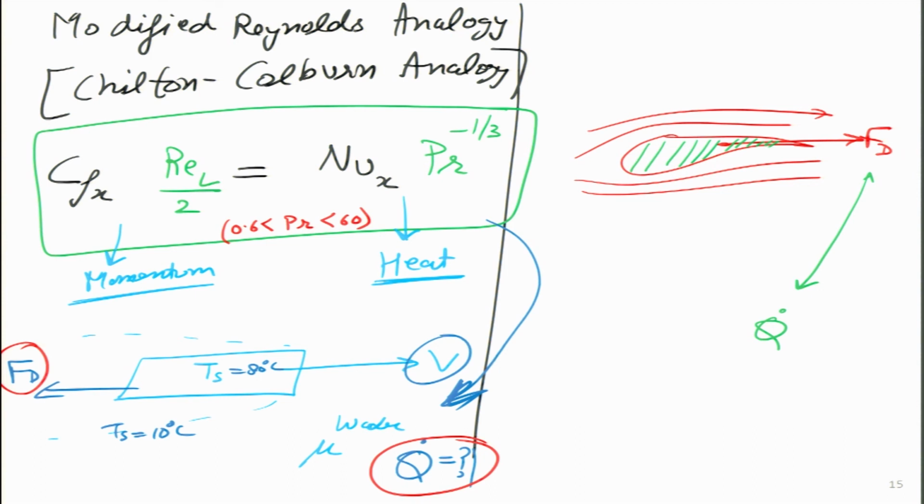and please keep in mind that these things are true under certain assumptions. The assumption that we have mentioned over here, I have clearly shown that the fluid property in this particular case, because Prandtl number is the fluid property, should not deviate very much. What we are targeting is that according to the assumptions, the fluid property is such that the Prandtl number has to be greater than 0.6 and lower than 60. If we are in this particular range, then that fluid we can choose. I think water and air both are lying in this particular range under normal temperatures if we are not going